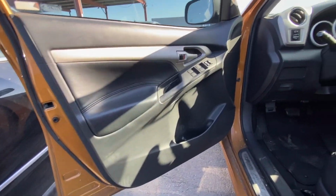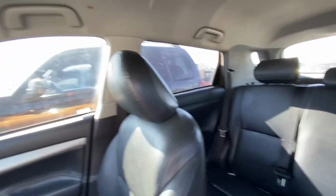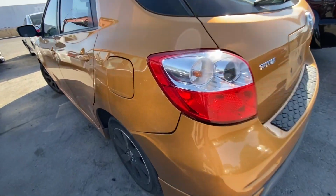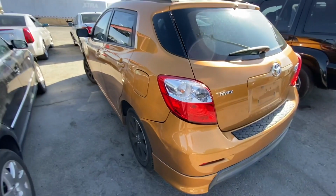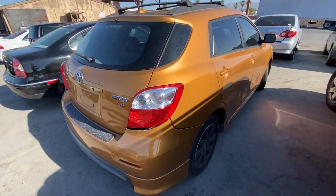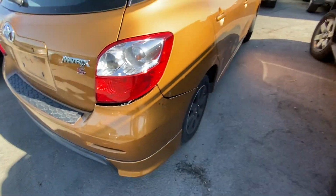You take a quick look at the inside. Black leather interior. We got a couple rips on the seats. Actually not that bad in the interior. Everything looks to be pretty intact. Got some gappage right here, so my guess is they hit it on the opposite side in the same spot right here, but who really knows? It is the Matrix S, so I'm not really sure which axle is broken, but we do got some gappage on the back on this bumper here, so it tells me